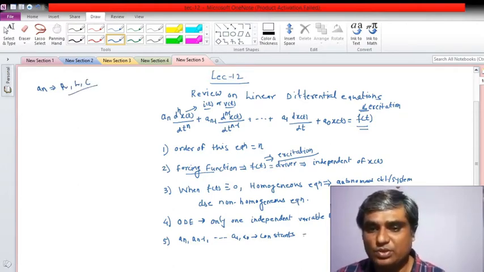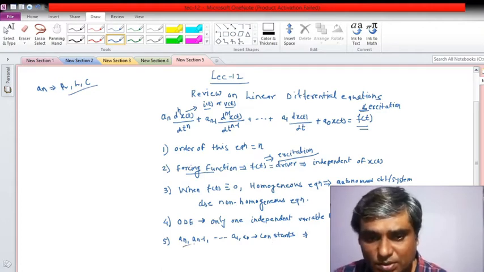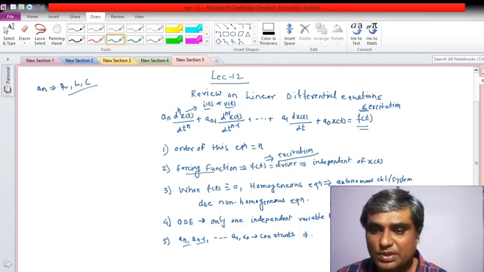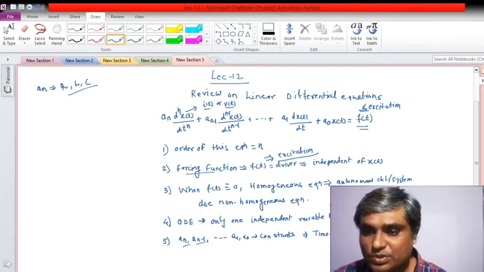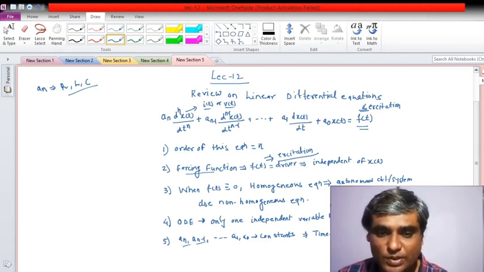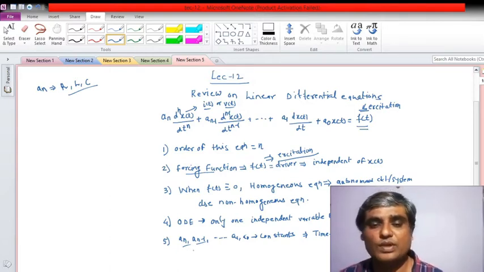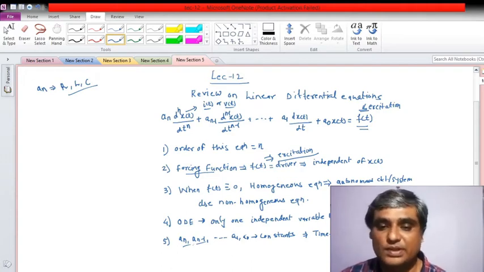That's why if these constants, these coefficients, are constant, which will not be varying with respect to time, then that kind of system or circuit is called time invariant. Okay, so this will be a time invariant system. Then the sixth point, understood? In networks also, the combinations of the values of R, L, C will be constant. That's why I can directly say that these are time invariant systems.